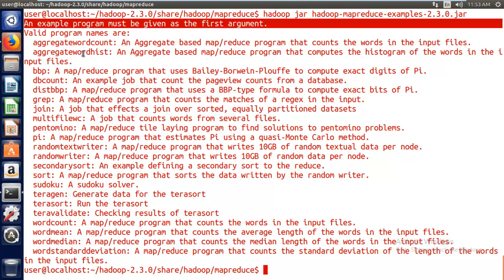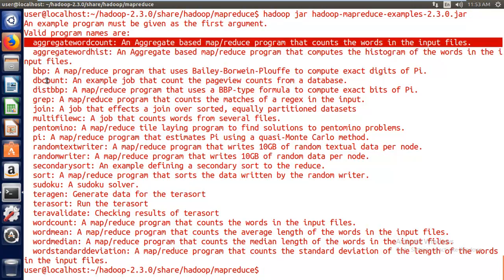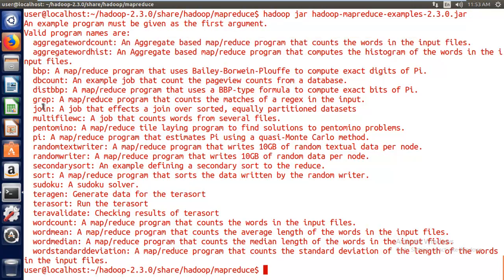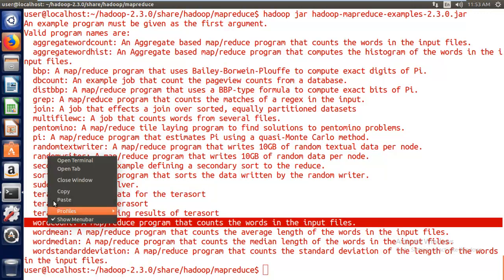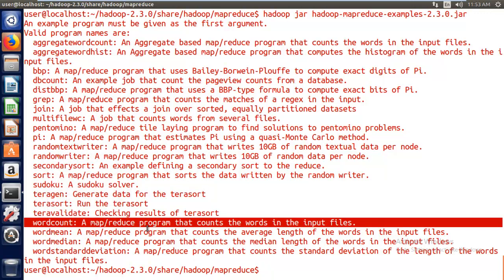the example programs that are available here, like aggregatewordcount, dbcount, grep, join, randomwriter, sort, sudoku, like that. And finally we have one more called wordcount, a MapReduce program which counts the words in the input files.